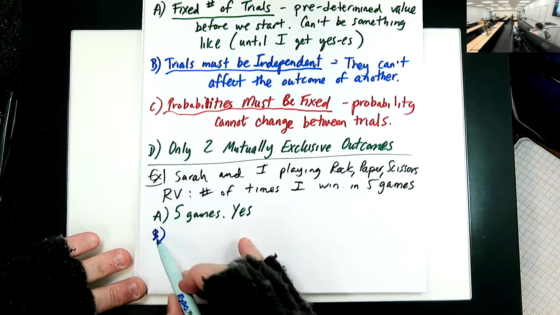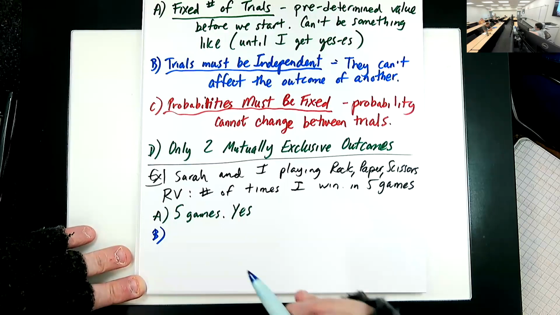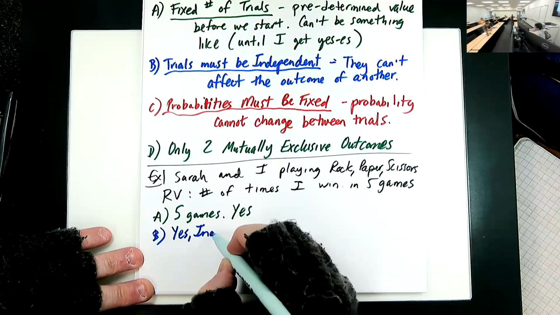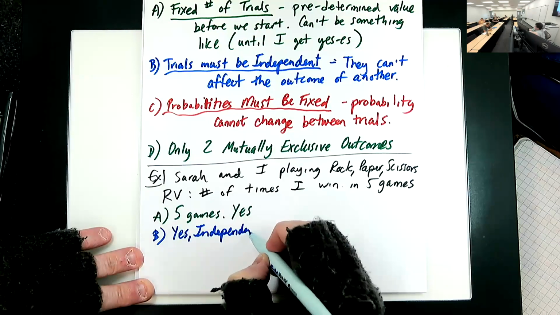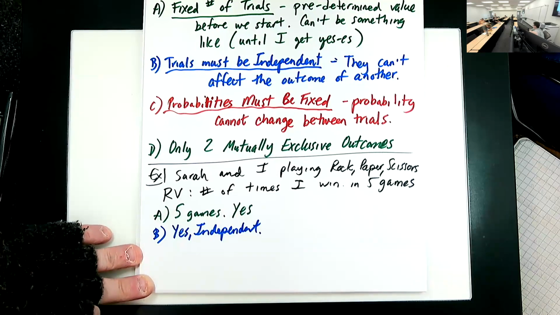B, trials must be independent. What I throw one round in general doesn't affect the way I throw another round, or whether or not I win or lose. So yes, independent. We could go into the psychology of it and then you might argue no, but if I could roll a die to help me pick rock, paper, or scissors, then it'd be truly random.